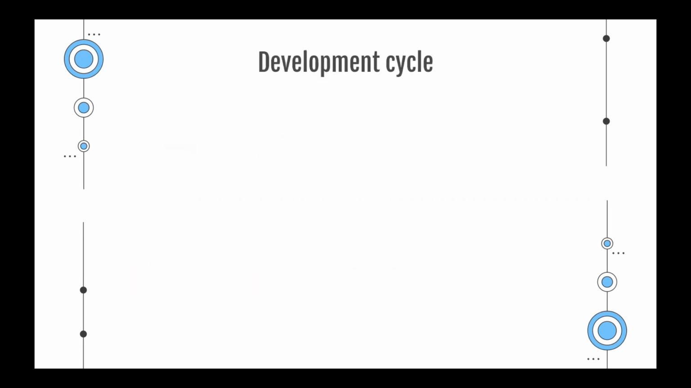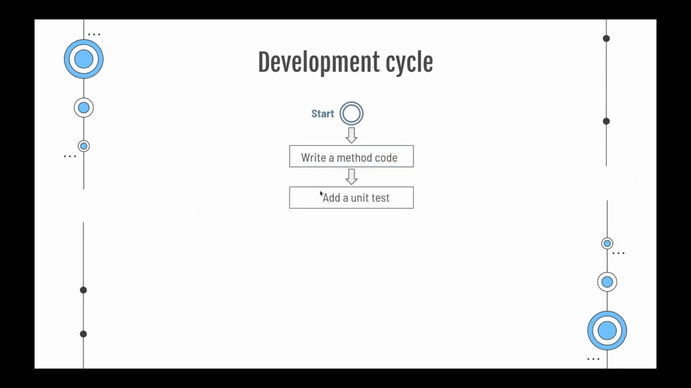So let's start with a small development cycle sample. The starting point here is to write a method. So I'm writing a method code. Then I'm going to add a unit test to that method that covers all possible scenarios of my method, depending on the conditions and the cases that I have. Then I'm going to run the unit test. If it passes, then I'm going to add it to my test suite as a reference for next features development. But if it fails,